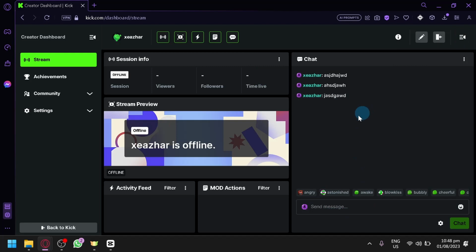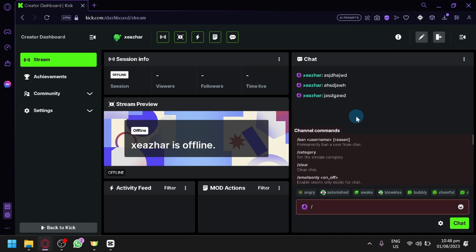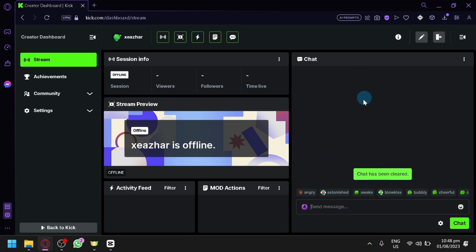So to be able to remove or clear your chat, you're simply going to click on slash, then type in clear, as you can see, which would allow you to clear the entire chat. And when you click on enter, it will remove all the chat messages over here. And that's how you will be able to remove or clear your chat